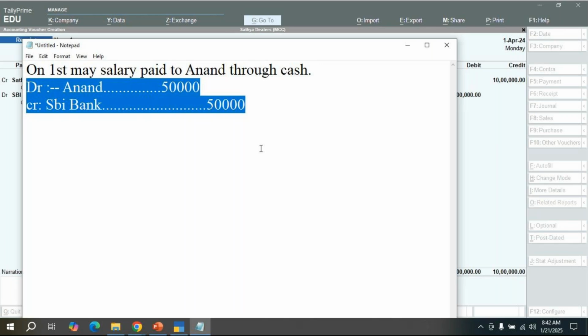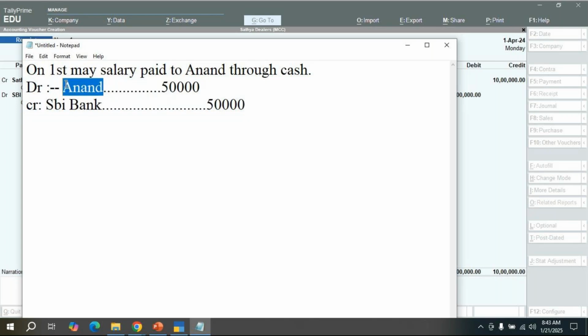But now I want to know that Anand received 50,000. Is this salary, or is this commission, or is this rent? What is he going to receive? So we have to mention the details in the narration. In the narration, we enter, for example, Anand received the salary. Or else, if I give salary directly here, salary account debit to SBI Bank, we gave the salary to whom? To Anand we gave the salary. Like this, in this particular situation,